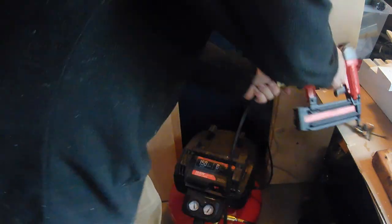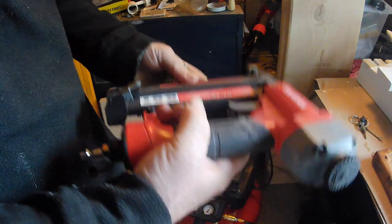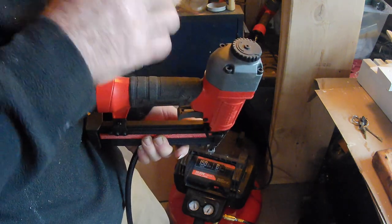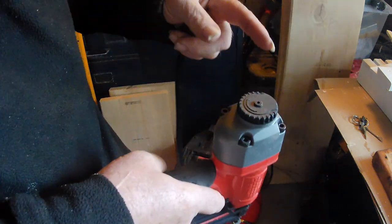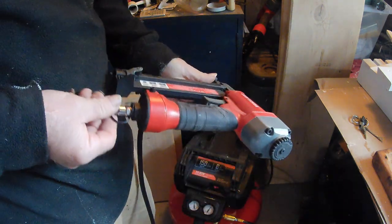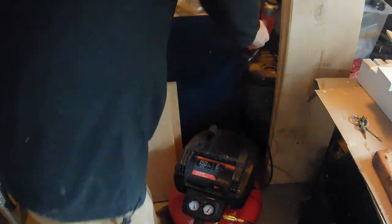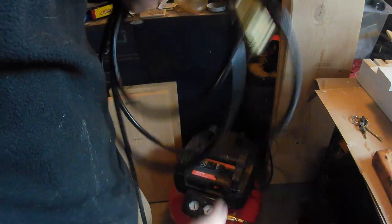How you regulate it on your regulator, each gun is different. So I usually set mine right around 100 on the regulated hose pressure, unless I know different on my guns. And then I do most of my adjusting up here on the top. So that's how I adjust my pressure. And then I'll shoot on a test piece, a scrap piece, usually in a place that don't matter,